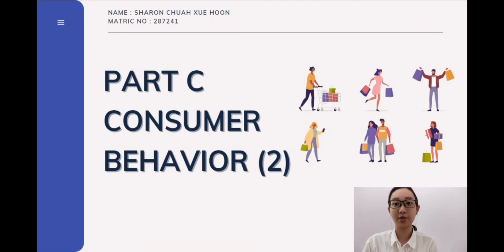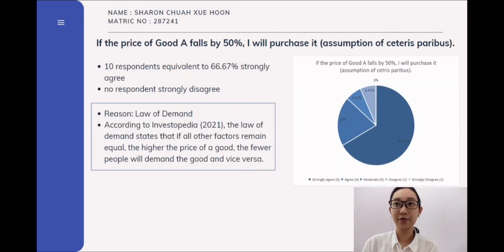The section that I'll be presenting today is the second part of consumer behavior, and this part consists of 5 assumptions. First and foremost, the first assumption stated, if the price of good A falls by 50%, I will purchase it. 66.67% of the respondents strongly agree with this statement, which is mainly due to the law of demand, which